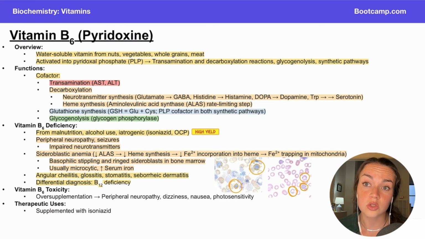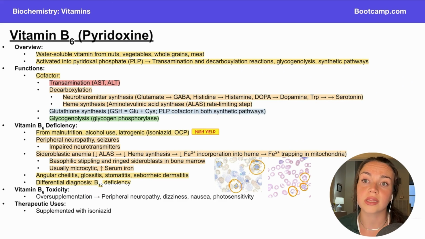B6 deficiency is usually reversible. B12 deficiency, not so much if it's been going on for a long time. That demyelination often cannot be reversed. And whereas a vitamin B6 deficiency is commonly peripheral neuropathy and seizures, the neurologic findings of a vitamin B12 deficiency